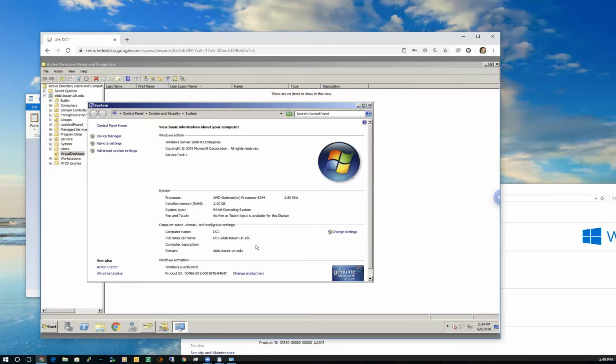So bottom line is all computers within this domain, all my servers, all the virtual workstations you're going to use are going to be called something dot student VM dash 45, 46, 47, something like that, dot eilab.bauer.uh.edu.